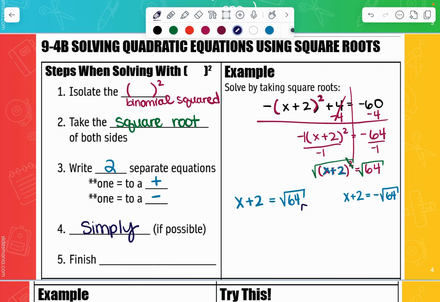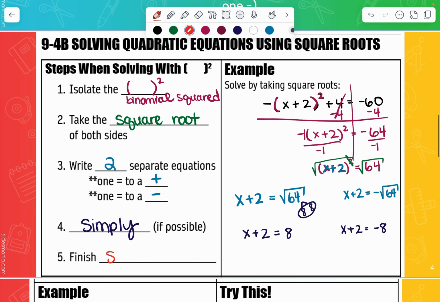So let's think about the square root of 64. First and foremost, I hope you know this one because it's a perfect square root, but the square root of 64 is 8 times 8. So the square root of 64 can be written as 8. That means on the other side, we would have x plus 2 equals negative 8. And then from there, our very last step is that we can finish solving